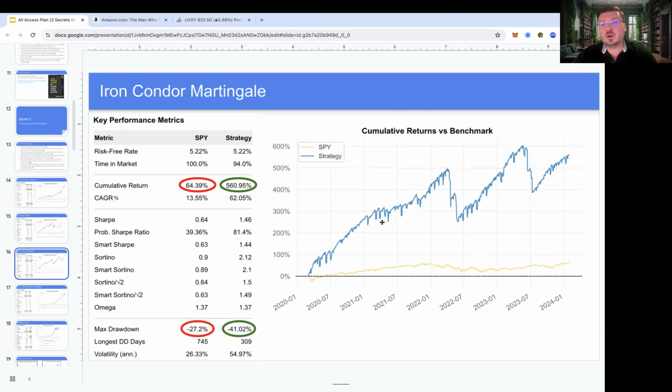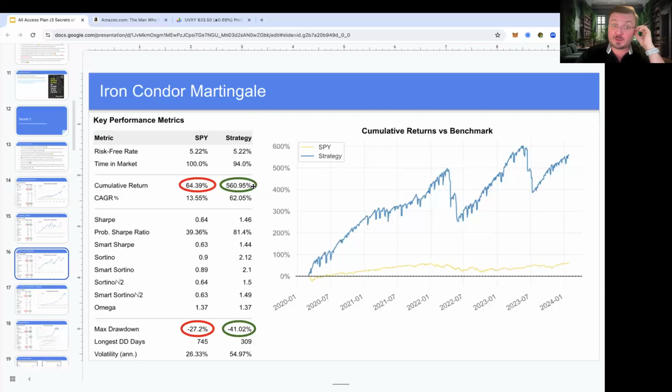So this is what we got here in blue, just absolutely smoking the S&P 500. Again, in blue is our strategy, in yellow is the S&P 500, which makes it look like basically nothing. It almost looks like a straight line here. That's how big of a return it's getting. Over this time period, about 4 years, it was up 560%, or about 62% a year. That compares to the stock market, which is only up 64%, or about 13% a year. So we're talking about like 10 times the returns of the stock market over this time period.